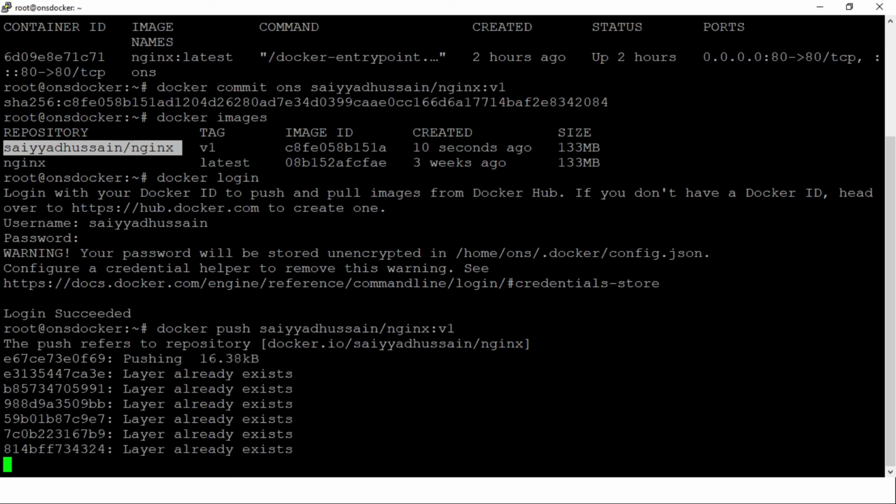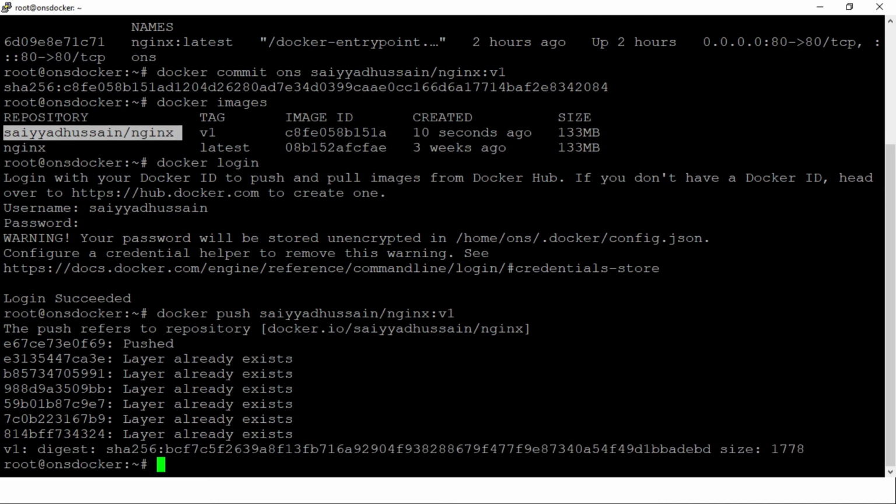You can see here: the push refers to repository docker.io/Syed Hussain/nginx, and the layer already exists. So you can see that my image is uploaded to Docker Hub. How can you check? You can check on Docker Hub.